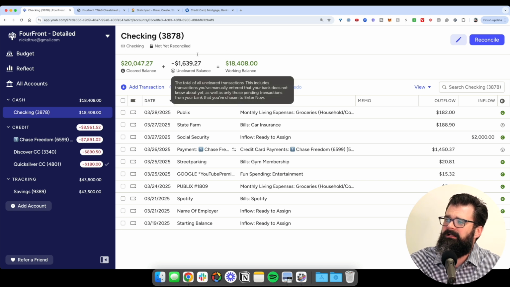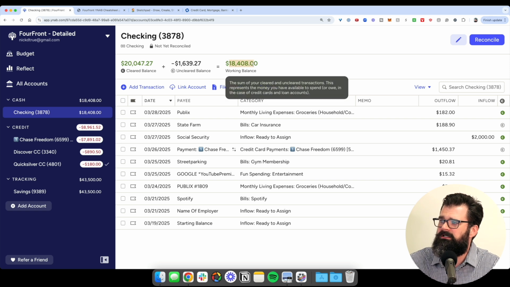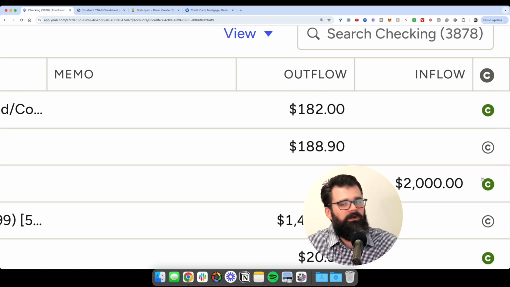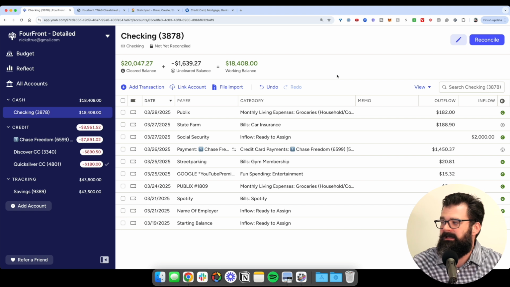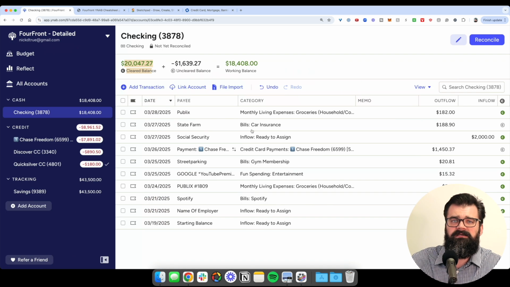The uncleared balance is what YNAB believes is pending at your bank, and the working balance is those two things added together. On the far right-hand side, you'll notice that there's a column of green and gray C's. The green C stands for cleared and means that it has fully processed. The gray C stands for uncleared and means that it's pending. When I'm talking about reconciling, I'm talking about making sure that this balance perfectly matches the cleared or posted balance